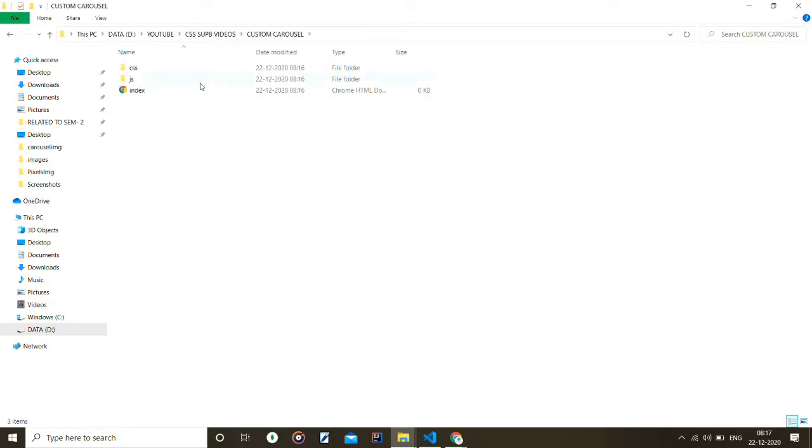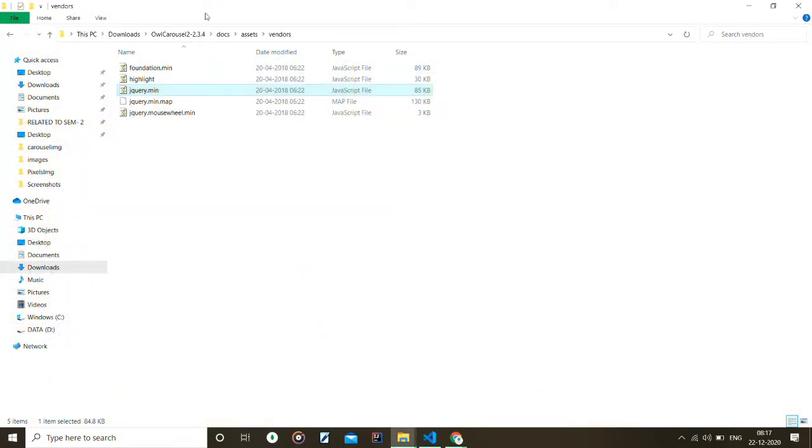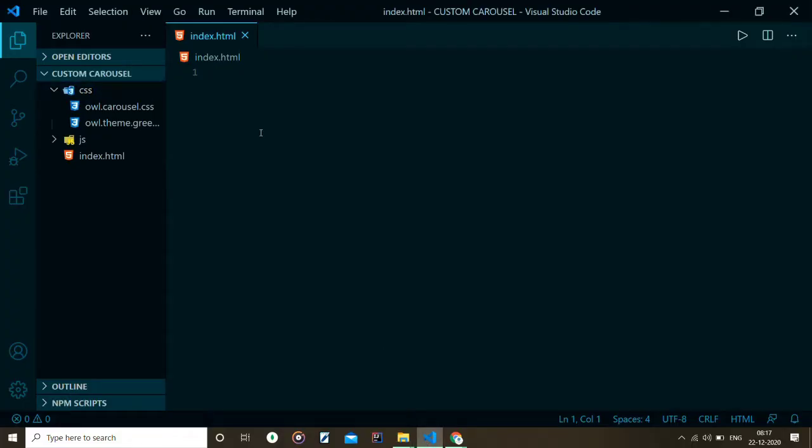Here you can see this is my carousel folder, where we have already added the two CSS files, and here I will add my JavaScript file. I will paste one of the JavaScript files, and another JavaScript file we will add, then our work will start. Again I will go to that owl carousel main folder and go to dist. Here you can see owl.carousel, which is a JavaScript file, but we will use the minified file, .min. We will copy it and paste it into our main folder. After pasting it, I will open my VS Code and start coding.